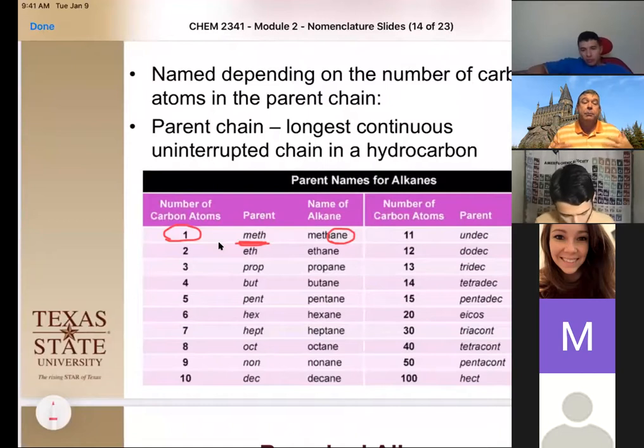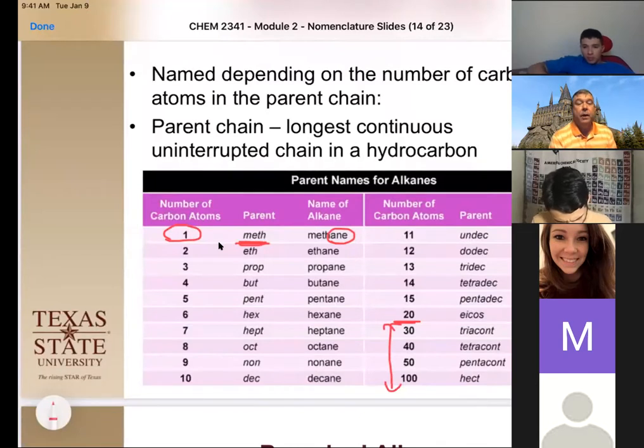Okay, so as we get to more and more, we have to remember these different parent names. These are names you must know, and so it's good to put at least up to about 20 right here, and then we'll rarely use these, but up to 20 you need to know. So when we go to 2 carbons, that changes the meth to eth, and so we go from methane to ethane, okay? So eth is 2, prop is 3, so you can almost think propeller, 3 propellers, prop, and so it'd be propane.